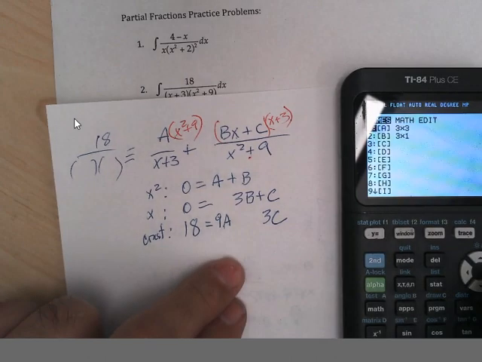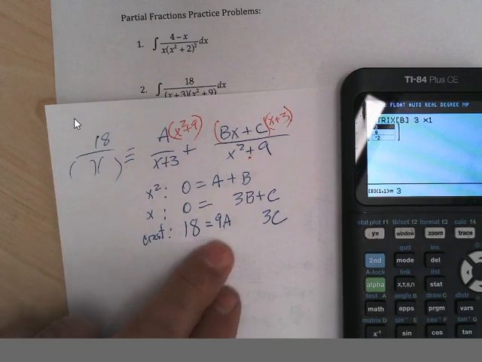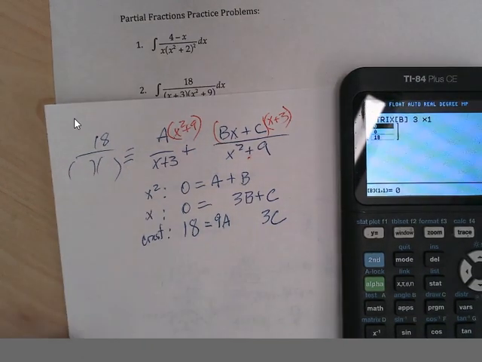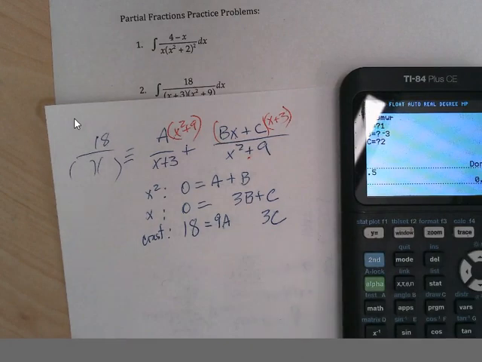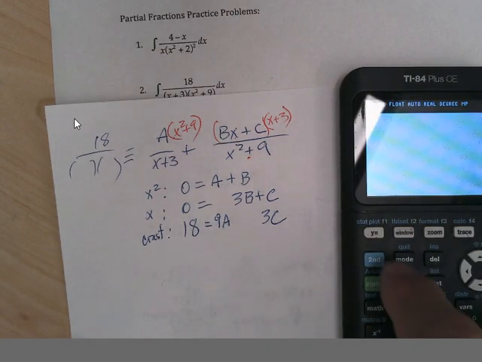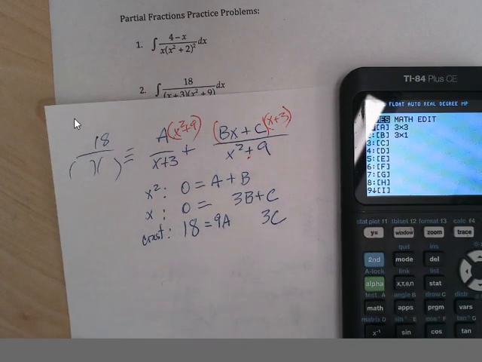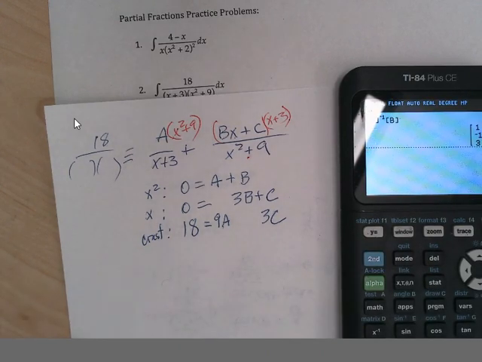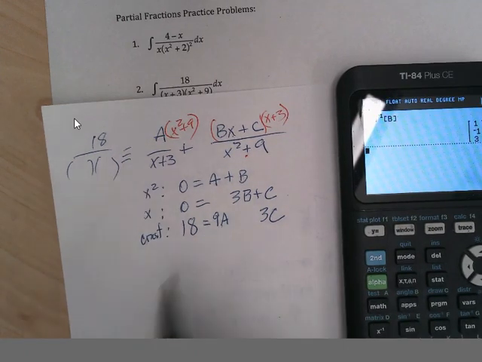Second matrix, edit B, 3 by 1, and it's 0, 0, 18. Second quit, clear, matrix A, inverse, matrix B, enter, and so I get